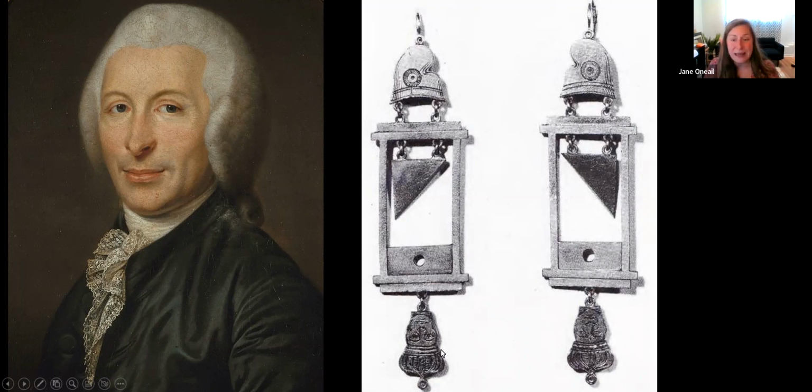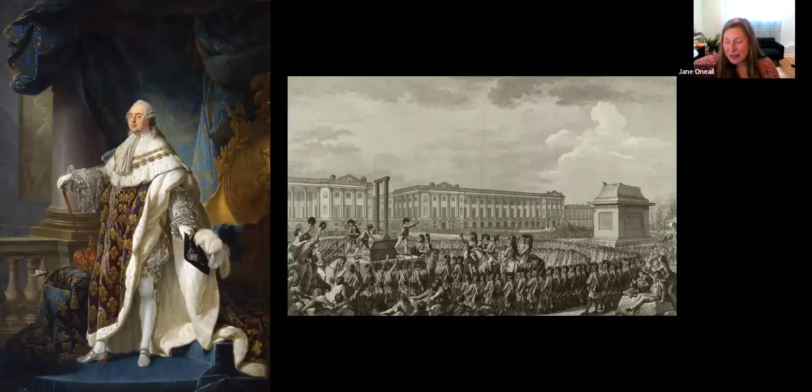So we can see the blade here and the head of the king that has been severed. In addition to this, guillotines just become a part of popular culture in this really strange and unexpected way. There are toys and cutting boards and dinner plates that are ornamented with guillotines at the time. It was something that people were celebrating in a strange and unexpected way,